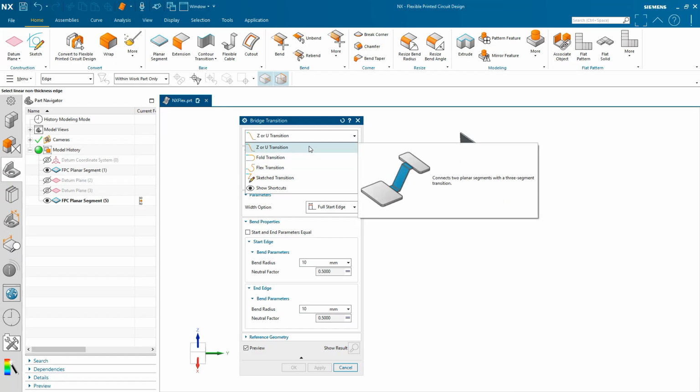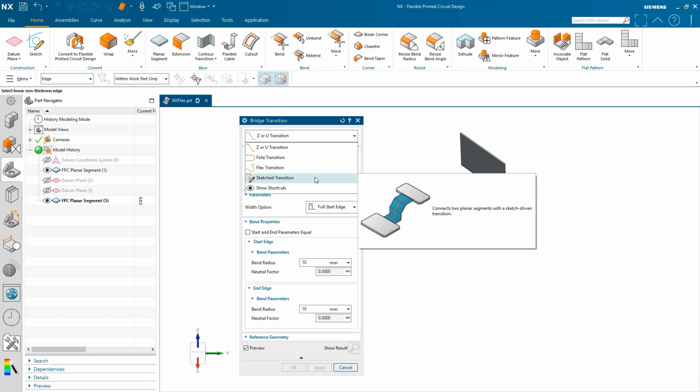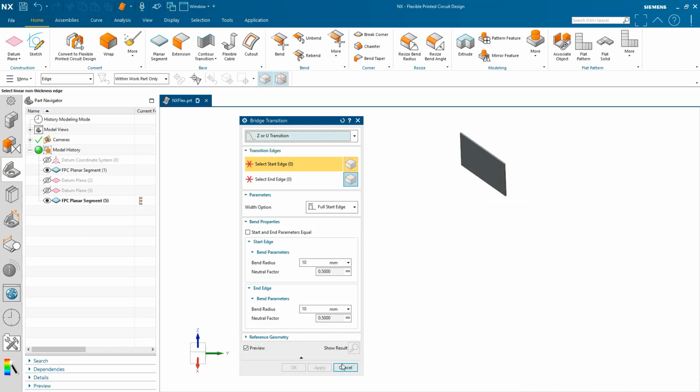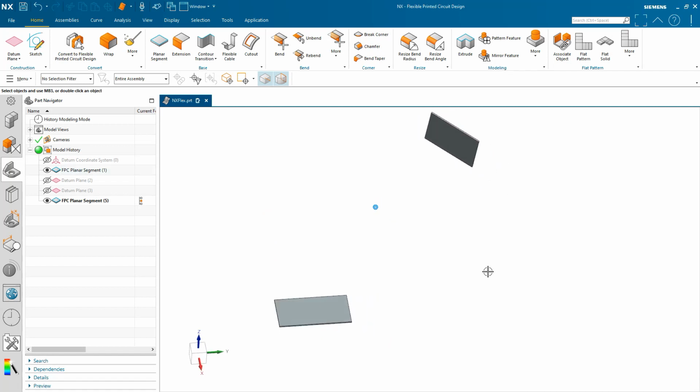We used to just have, say, Z or U or the fold transition, as well as a recent addition, I think in just the last NX version, 2406, we got sketch transition. And this is similar to that, but this is going to give us some options for wherever we need to place those planar segments. So in space here, I have a part where I've got two planar segments created, and